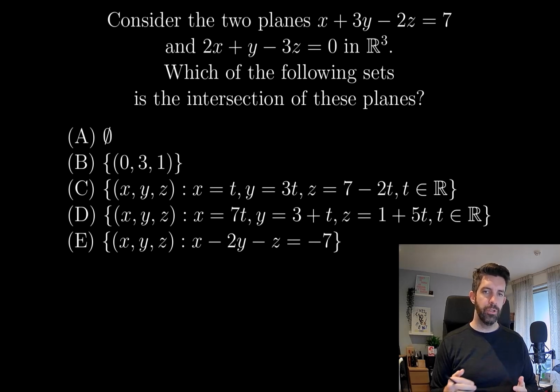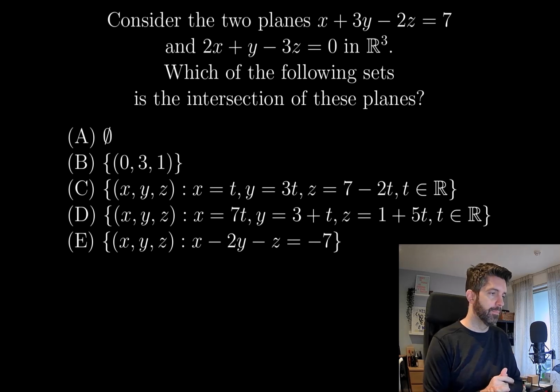Okay, so usually I like to work things out directly. Normally, I don't want to guess and check or anything like that. I would like to just compute what the intersection of these planes is, and then find which of the options corresponds to that. I think I'll probably still do something more or less like that, but the thing we'll have to watch out for is